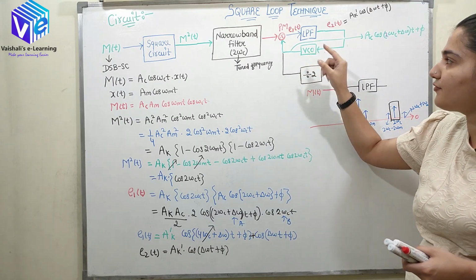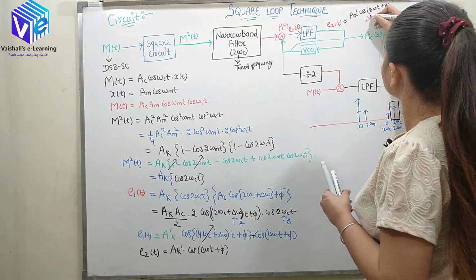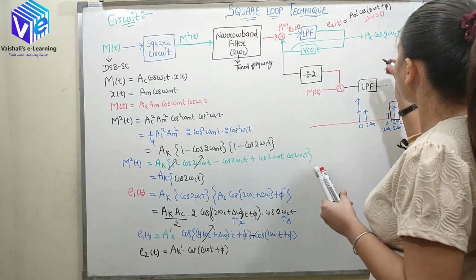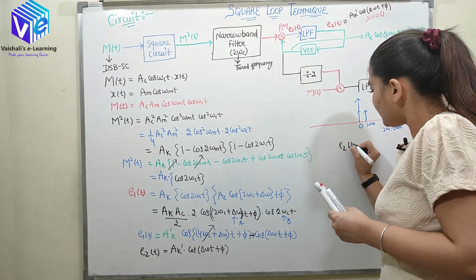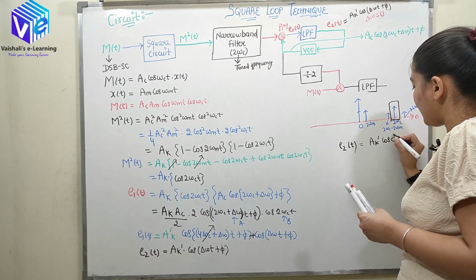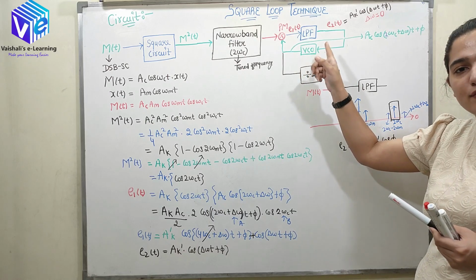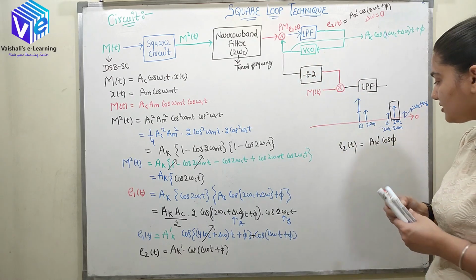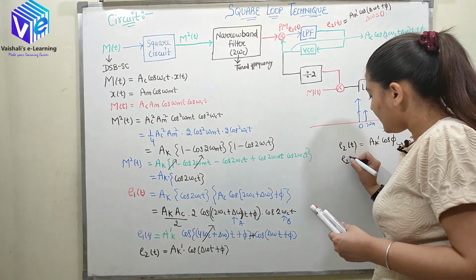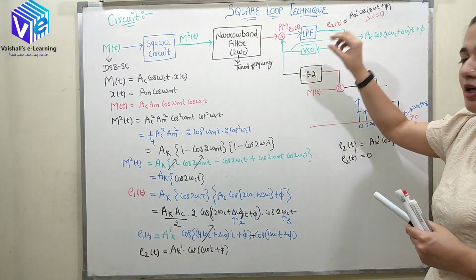As soon as the frequency and phase become 0, so now first I'll put delta omega to be 0. Now when delta omega is 0, E2t is equal to AK dash cos of phi. Now I can again change phi with the help of the knob on the voltage controlled oscillator, so I can change the phase. When the phase becomes 90 degrees, E2t will turn out to be 0. Now when E2t turns out to be 0, it is locked.